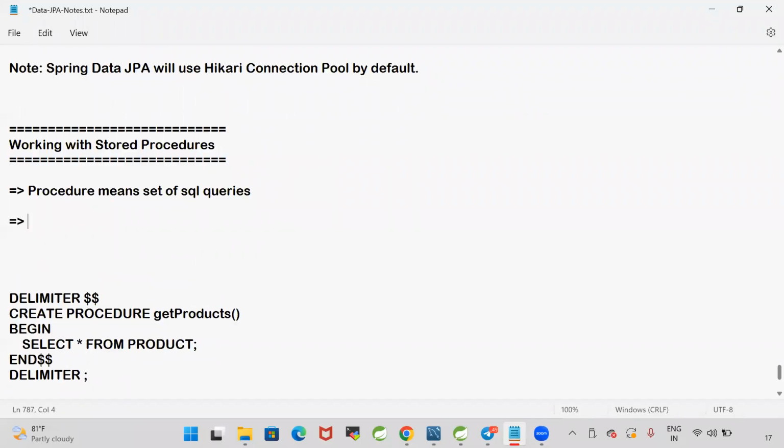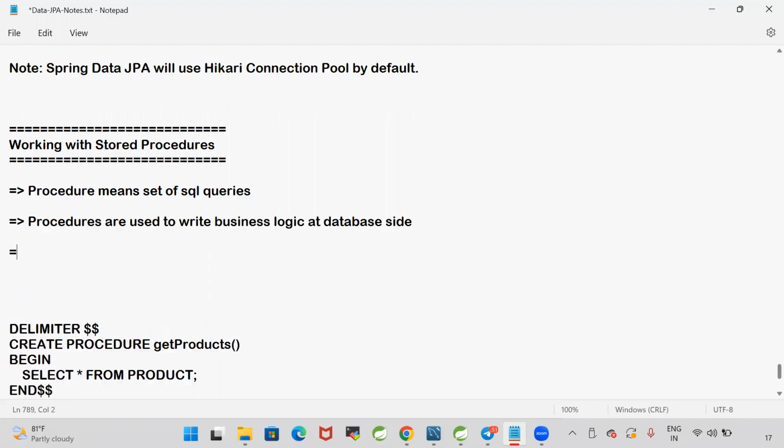Now, procedures are used to write the business logic at the database side. If we write the business logic at the Java side, the Java program should communicate with the database to perform the operation. So if the Java program is continuously communicating with the database, the performance will decrease. So to improve the performance of the application,